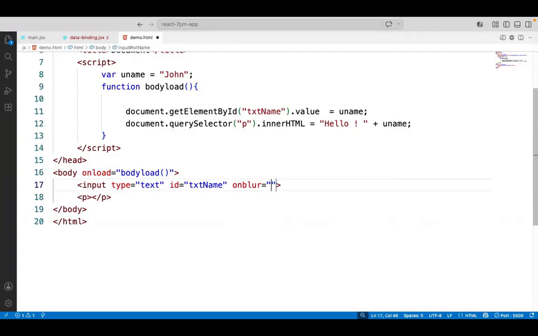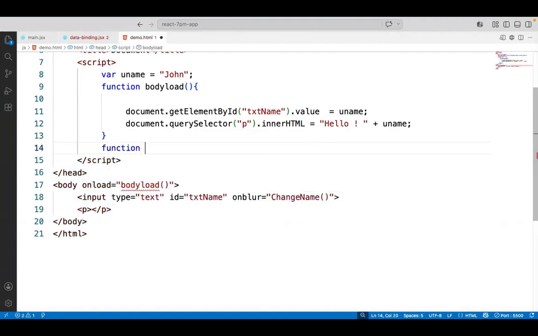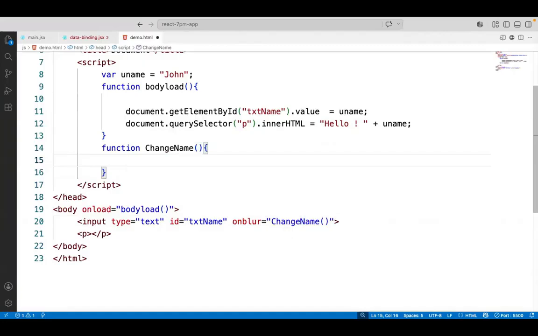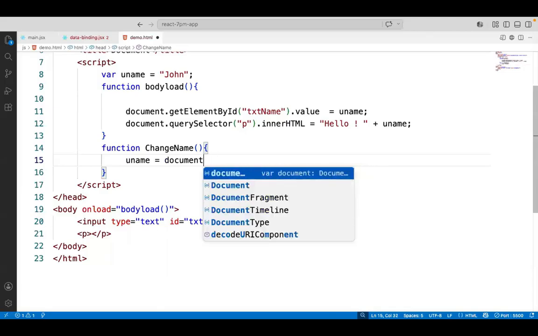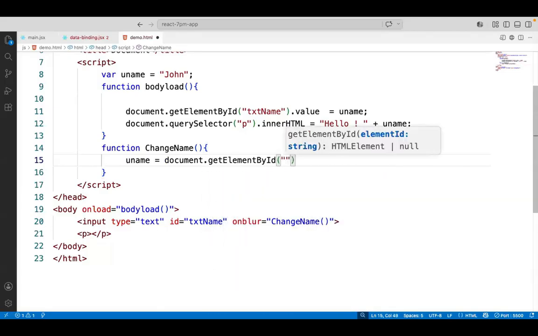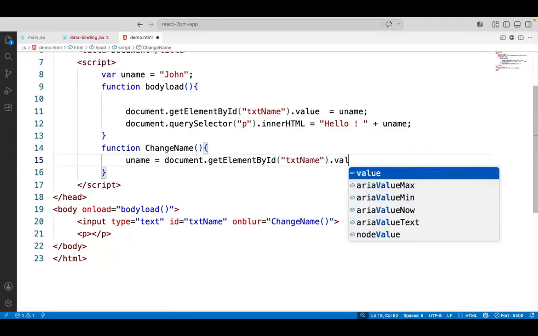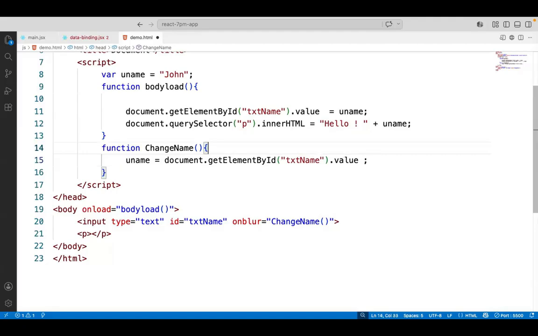On blur, I will say changeName. We will write a script here. Function changeName. In changeName, what do we do? uname is document.getElementById, txtName.value. We will collect the new value and display that new value into the